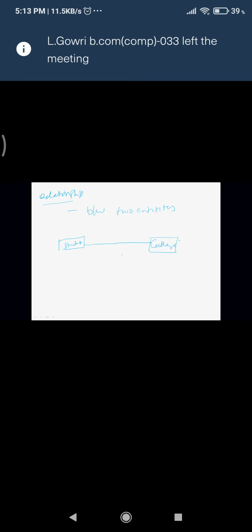I can simply draw a line like this, but a simple line doesn't say what the link is, so I have to specify in a notation that there is some link. I'll say the student studies in this college.